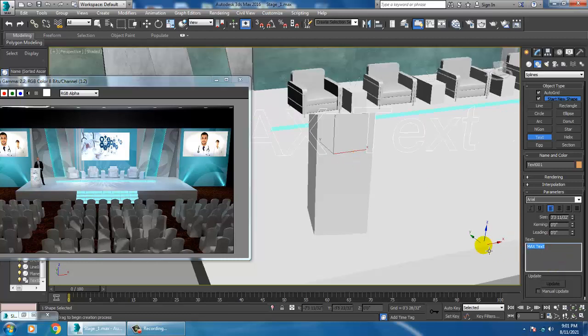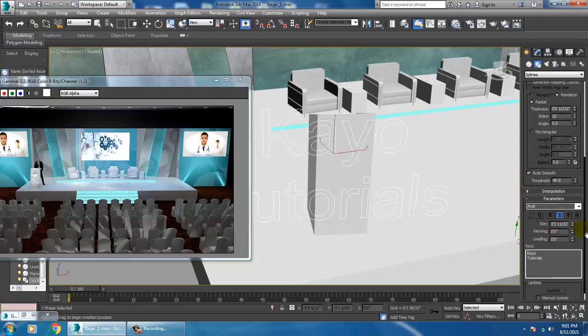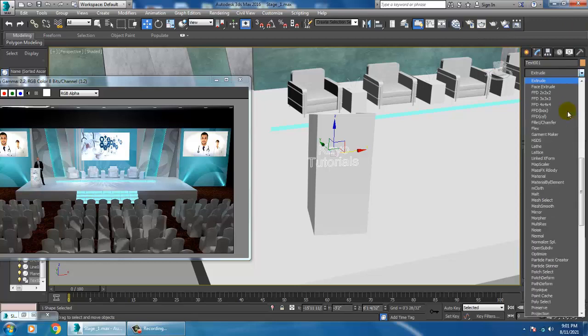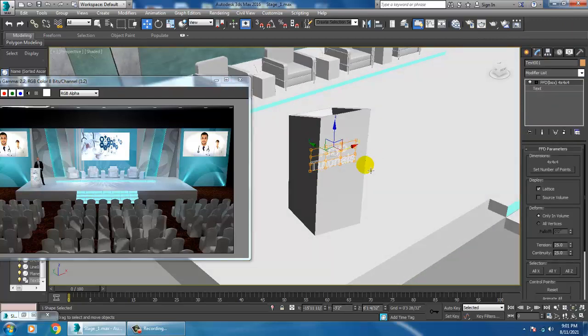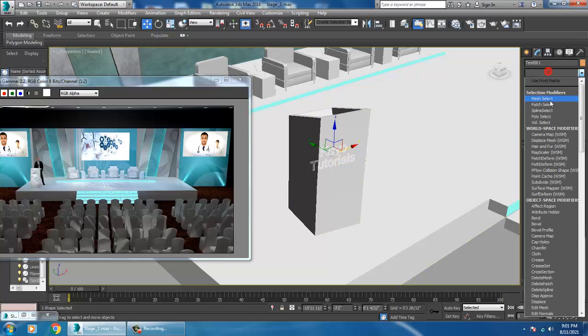And alright. So you can just go into this and give an extrude modifier.